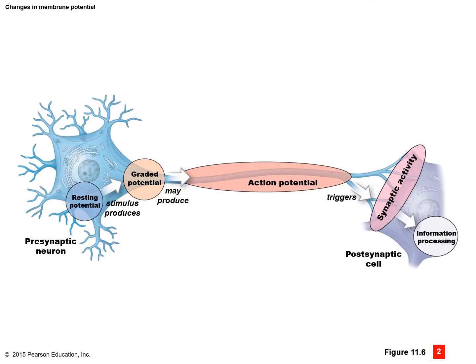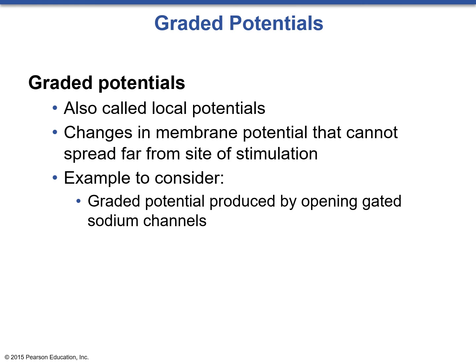Now that we've looked at things in an abstract manner, we can put it onto a neuron. The cell body itself is going to be at a resting potential. It would then get stimulated via graded potential. If that graded potential is strong enough, it will reach the axon hillock and then perpetuate itself down the axon in the form of an action potential. So now that we've laid out the neuron, we've talked about the channels, let's actually work our way to how action potentials are